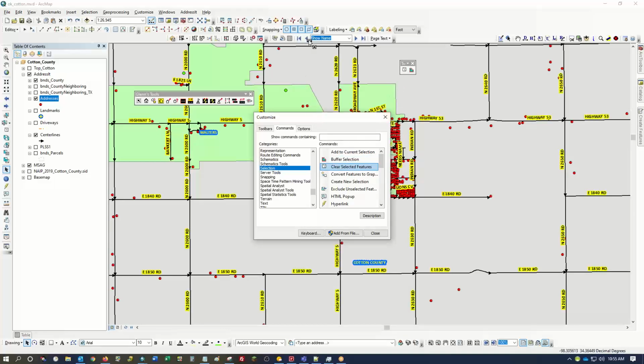I can drag it to an existing Esri toolbar. Could you put it on an Address It toolbar? Absolutely. So you could add more tools to your Address It toolbar. To get one off, you have to be in the customize mode, and then you click it and drag it off. I could drag stuff off of an Address It toolbar, but I would not recommend doing that. I think you would need to reinstall Address It if you did that. But you can build your own toolbar from anything that